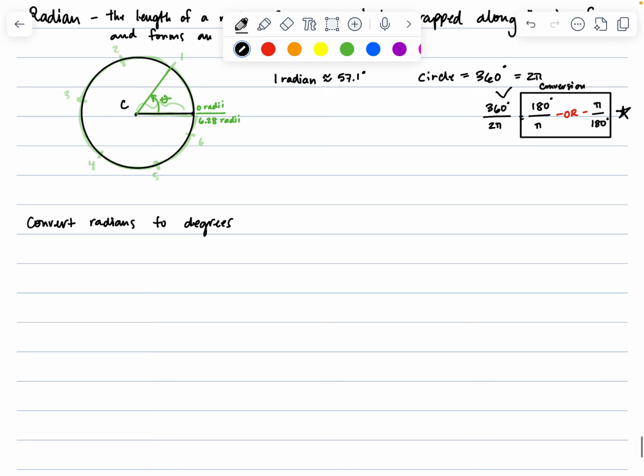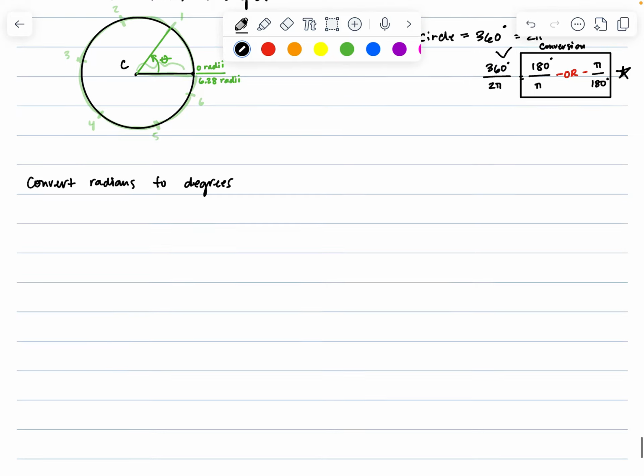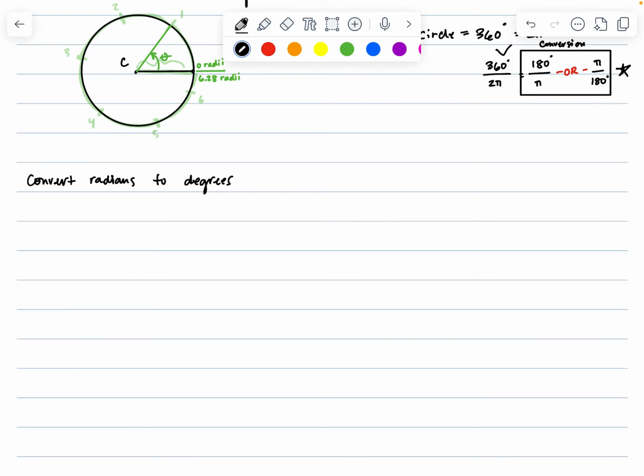All right, starting off with something simple. Let's do 30 degrees, okay? So if we have, or not 30 degrees, let's go pi over 6. Pi over 6 is the same thing as saying 1 over 6 pi, okay? And what we need to do is convert it to degrees. So we are going to convert using this first ratio here, because the degrees is in the top, that's what we are converting to. We're going to take that and multiply by 180 degrees over pi,